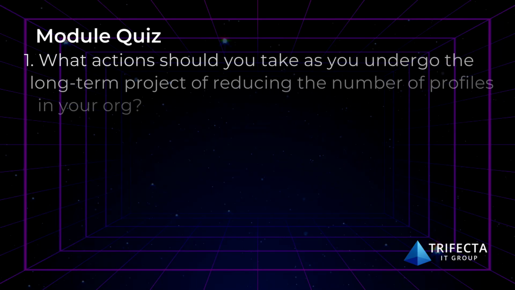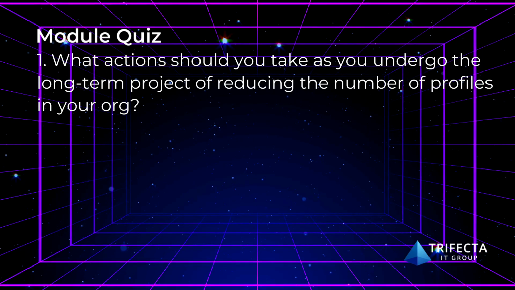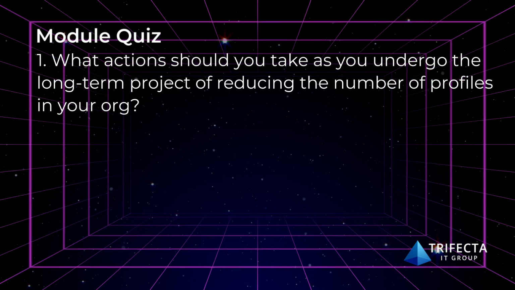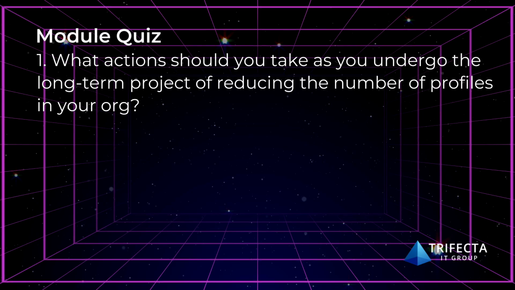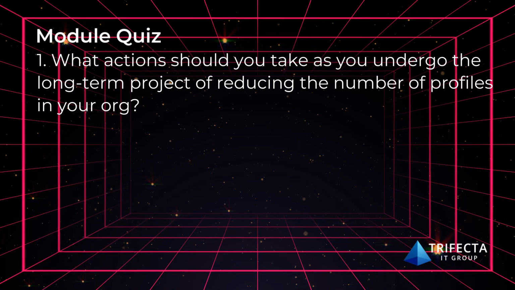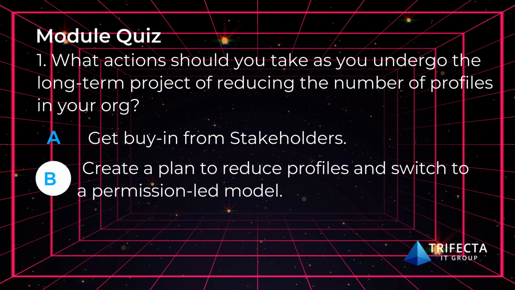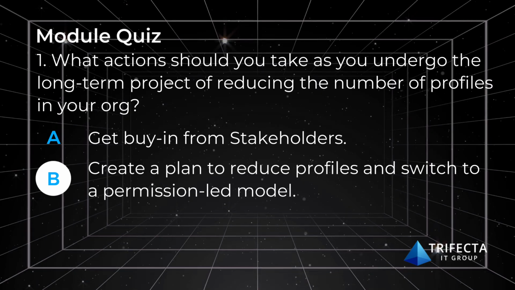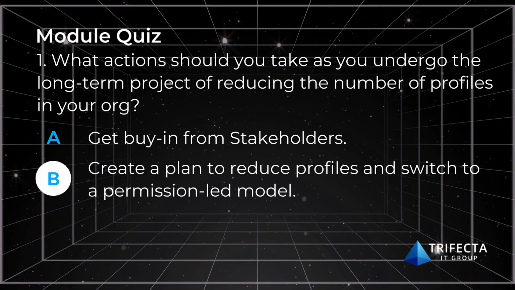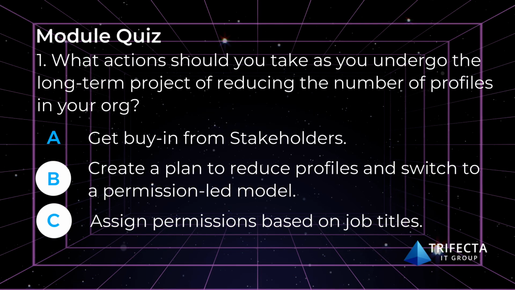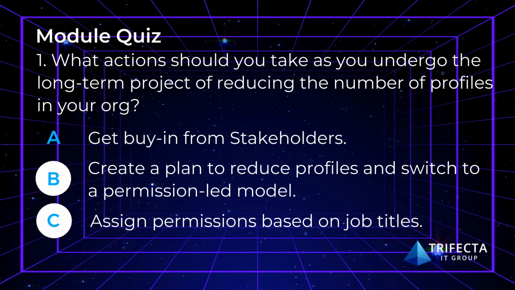Okay, so that's a quick section. Hopefully the next ones will be this quick as well. Let's go with the quiz. Question 1: what actions should you take as you undergo the long-term project of reducing the number of profiles in your organization? A, get buy-in from the stakeholders. B, create a plan to reduce profiles and switch to a permissions-led model. C, assign permissions based on job titles, which makes sense. Or D,